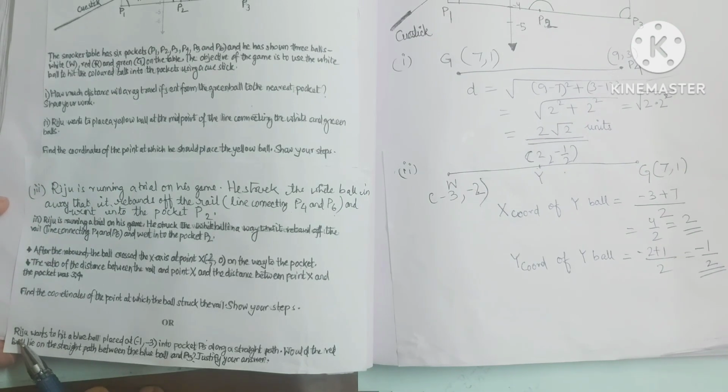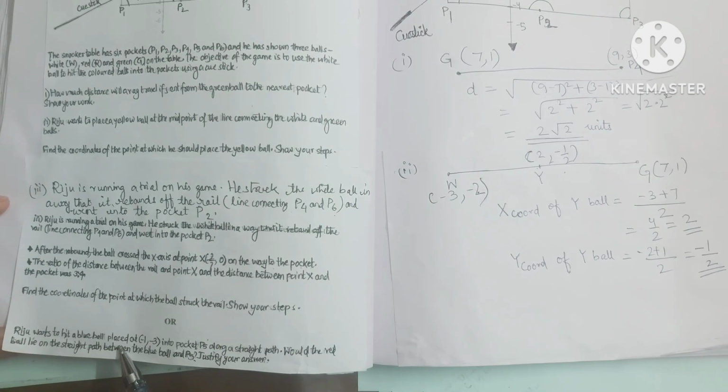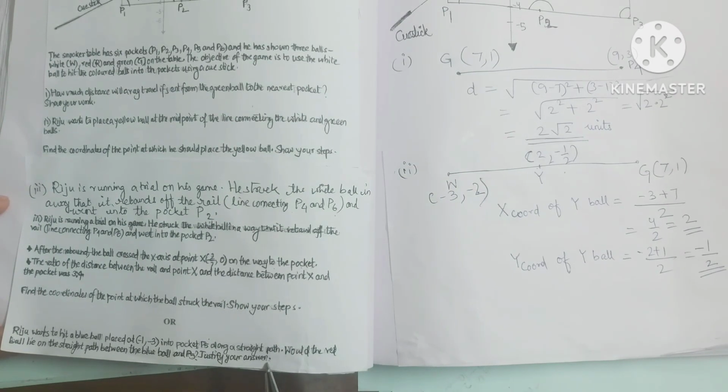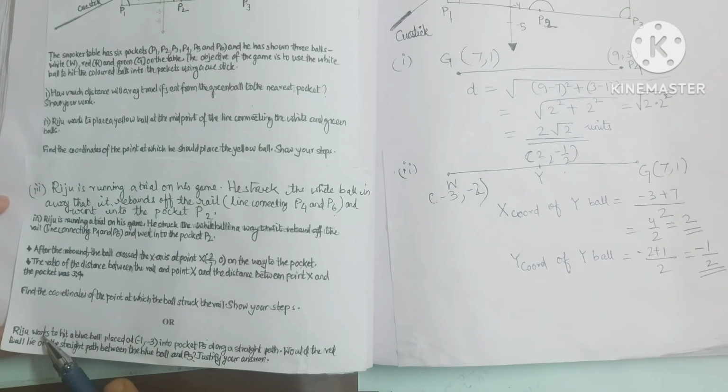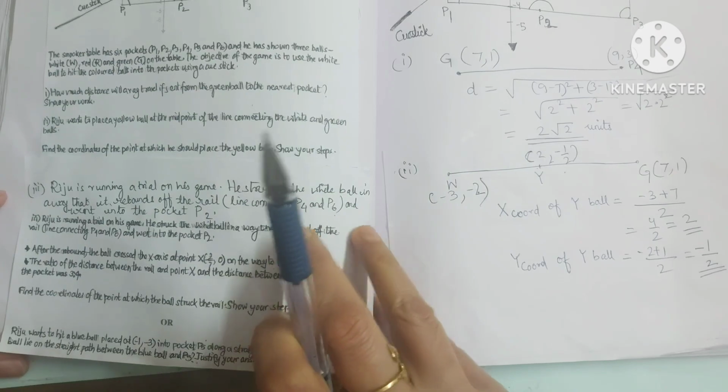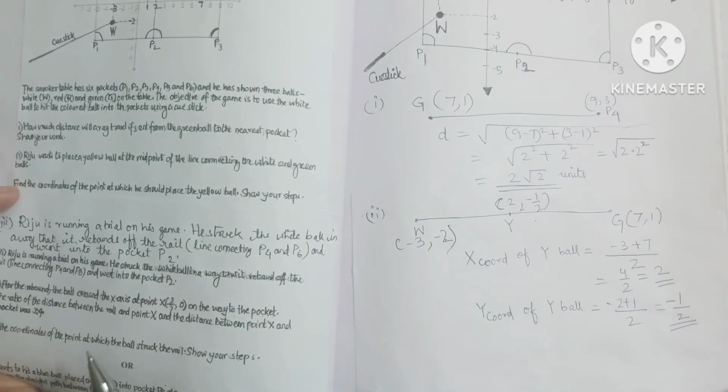Now question number 3, the other question in OR says, Riju wants to hit a blue ball placed at -1, -3 into pocket P5 along a straight path. Would the red ball lie on the straight path between the blue ball and P5? Justify your answer. So Riju wants to hit a blue ball placed at -1, -3, and the question is asking